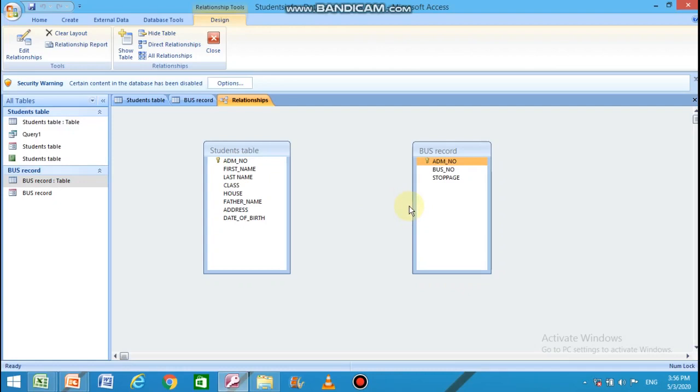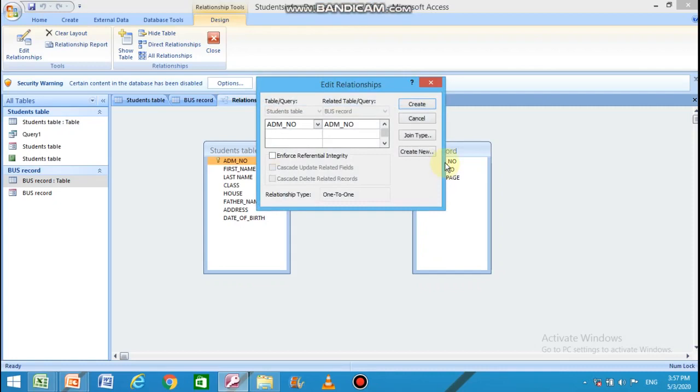To generate the relationship between the tables, what we have to do, we have to drag the primary key of the primary table and drop it at the same location in the secondary table. Likewise, I am dragging this primary key field from here and dropping it to the primary key notation in the secondary table.